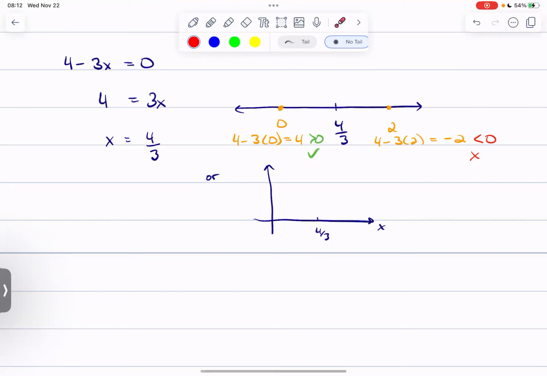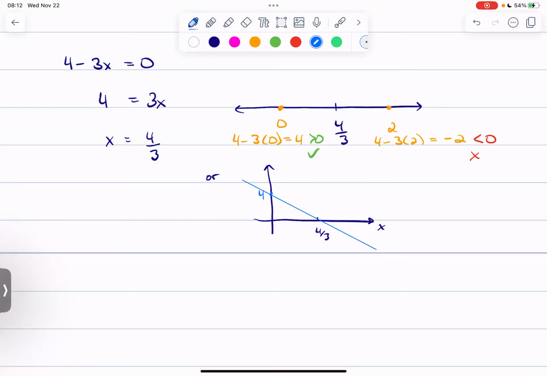We figured out where it equals 0 is at 4/3. And then we can draw this line. Starts here at 4, when x equals 0, y is 4. And then we've got a negative slope of 3, but I already know it's going to cross the x-axis here. And so I can just sketch a line